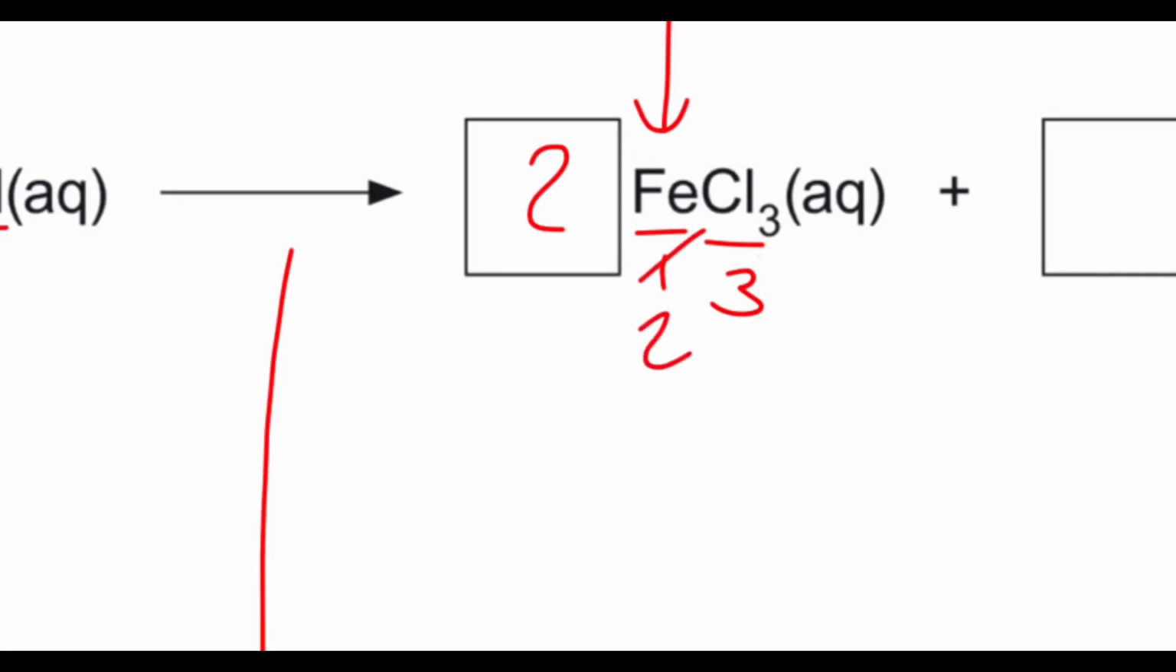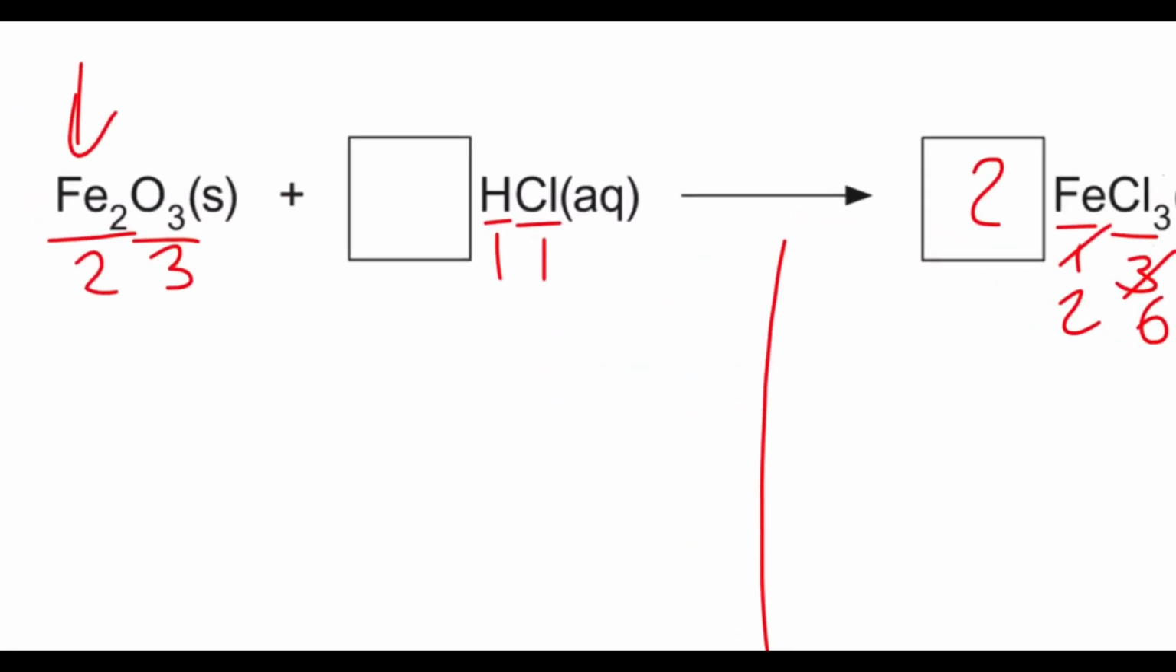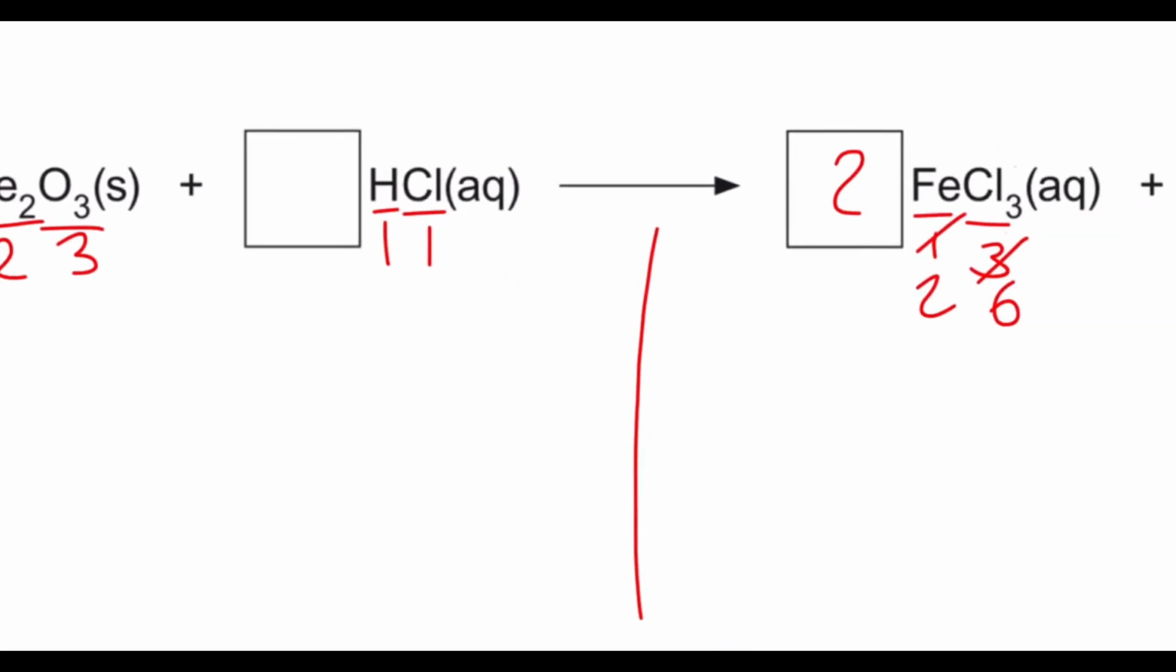This then becomes 2, but remember, the big number times everything, so it also times this, so this 3 becomes 6. So now we've just edited, if you like, the chlorine on the right hand side. We need to look at our chlorine on the left hand side, which is 1, and we made it over here 6, so this is going to need to be a 6, which also edits